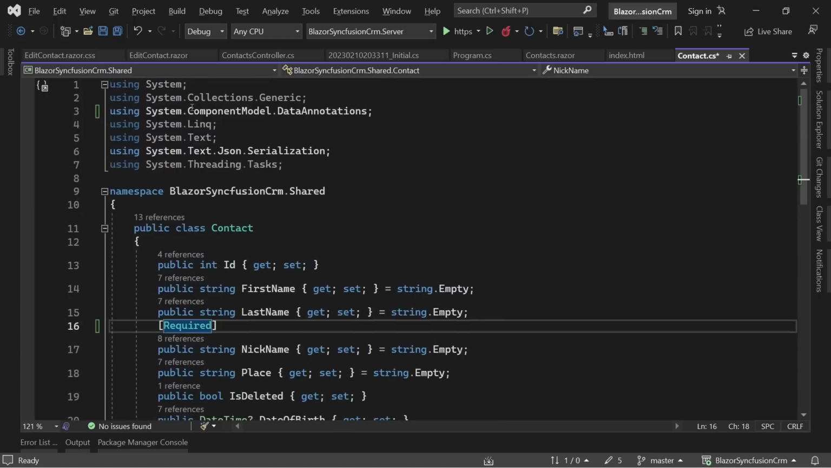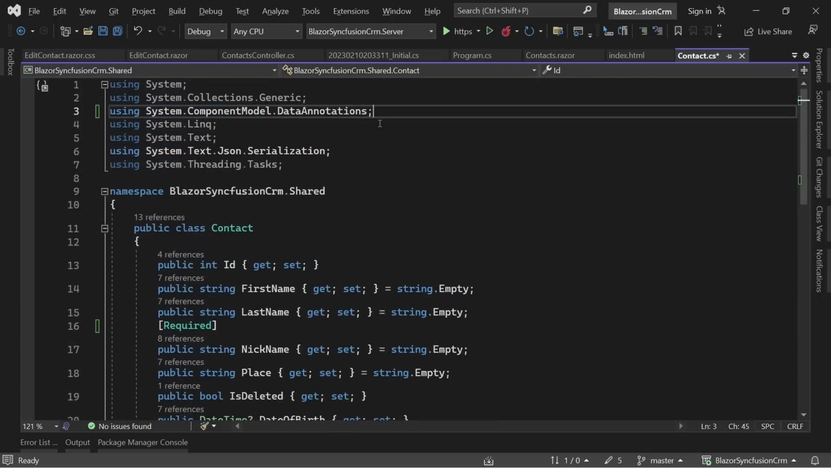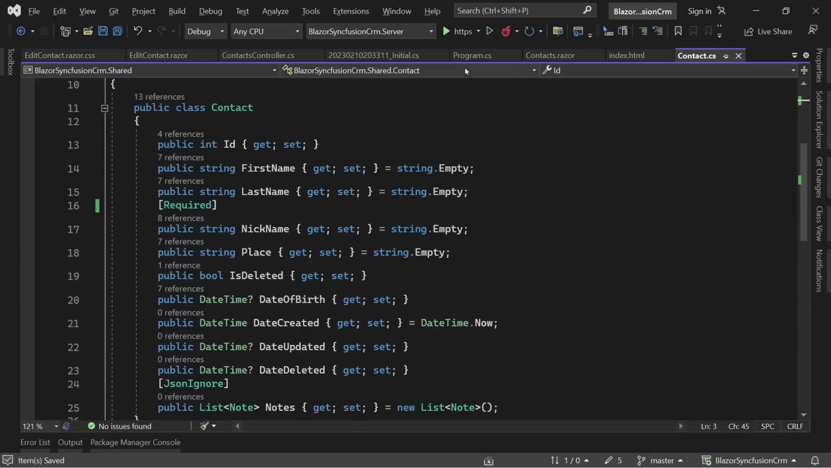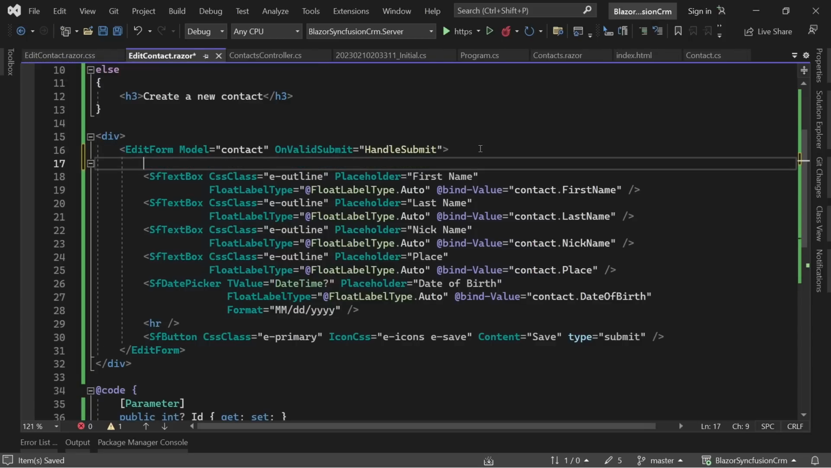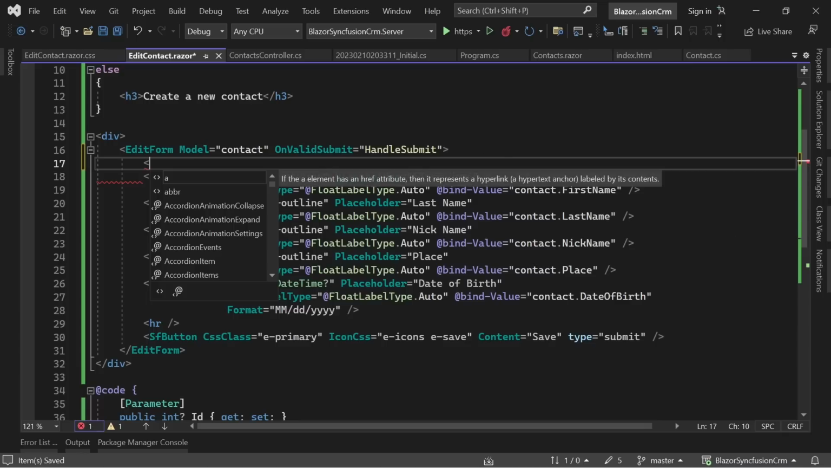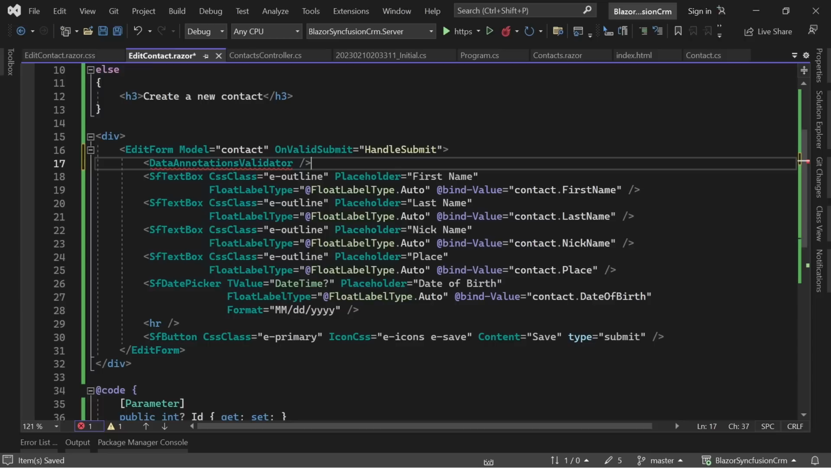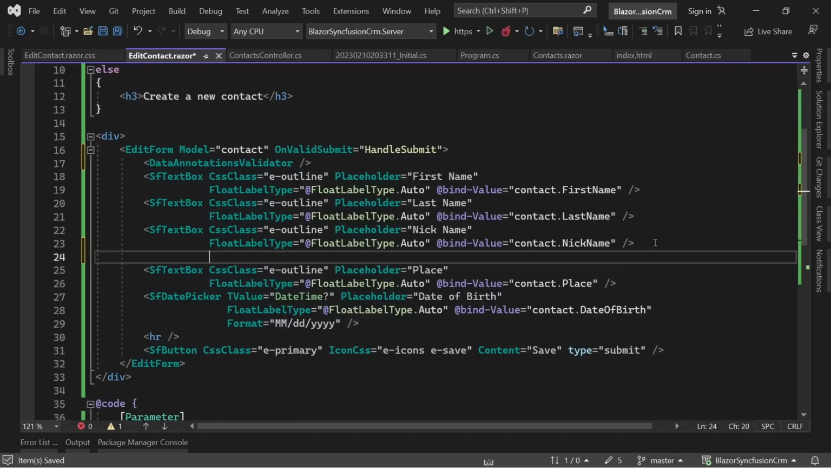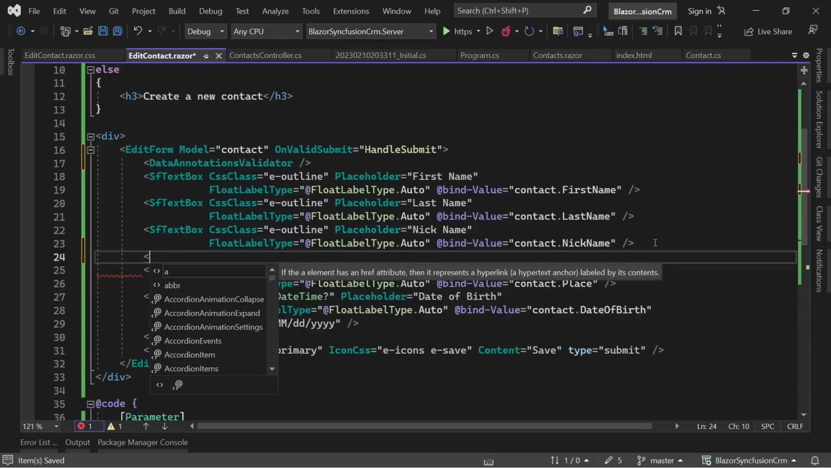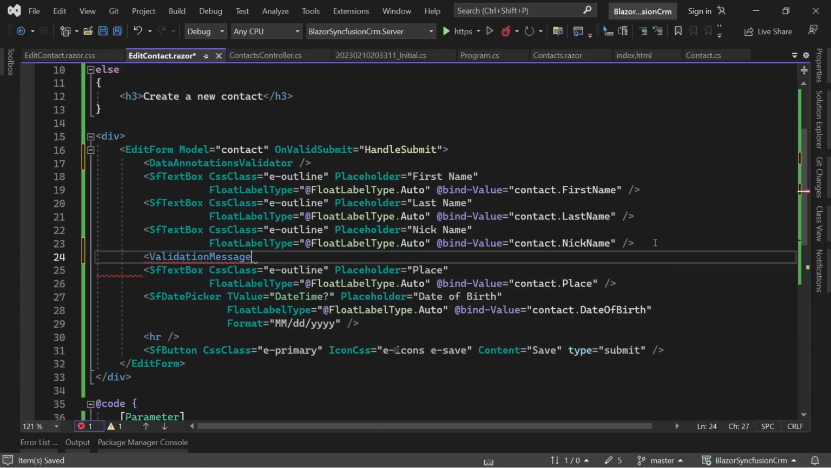And as you can see, now we need the reference for System.ComponentModel.DataAnnotations. Save that. And now back to the EditContact.razor, we have to add, this is standard Blazor stuff, the DataAnnotationsValidator. That would be one thing. And now we could display a summary of all the validation messages, or we just display the one single message here for the nickname. So we add ValidationMessage